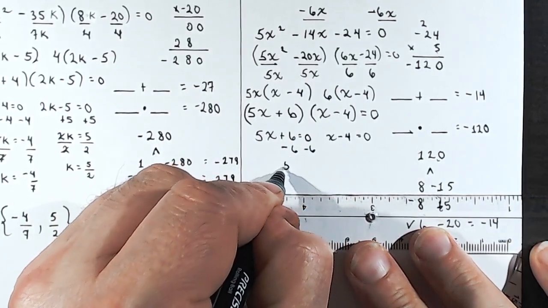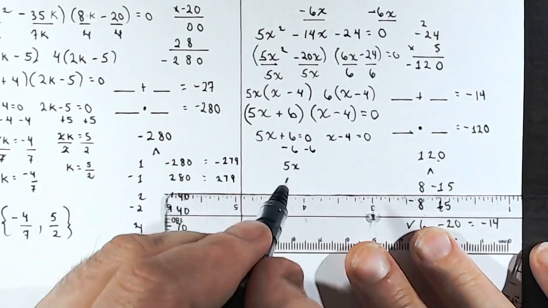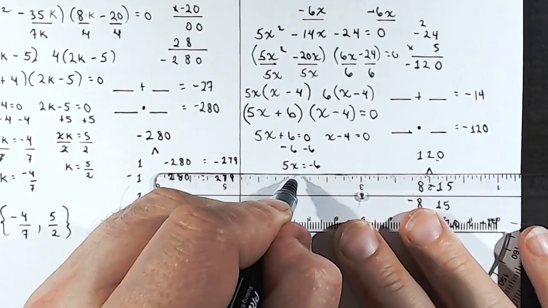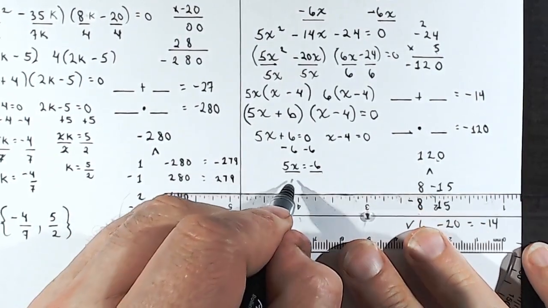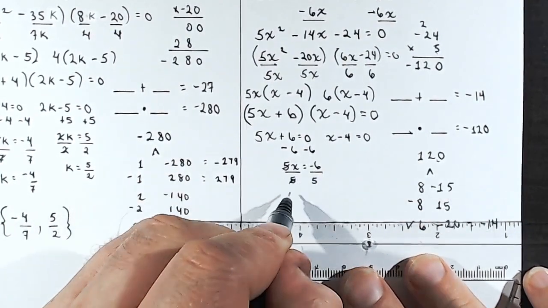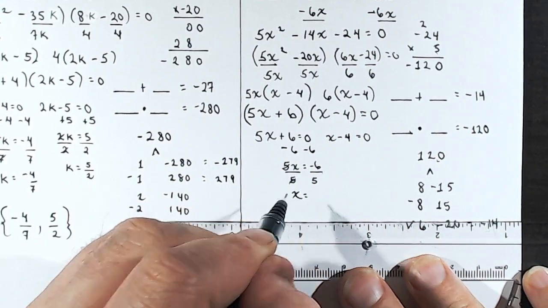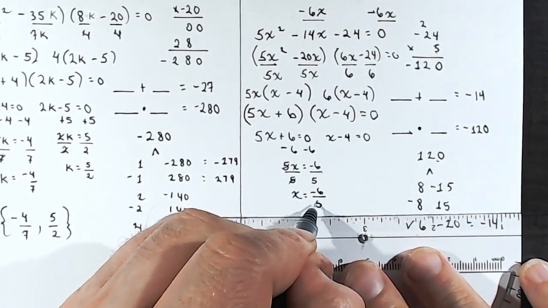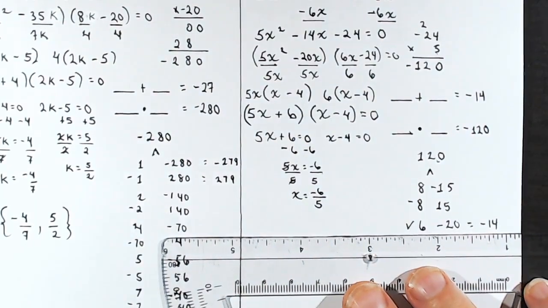Now I have 5x equals negative 6, and we'll divide both sides by 5. Cancel, cancel, and now I have x equals negative 6 over 5. That's one of my solutions, and the other solution